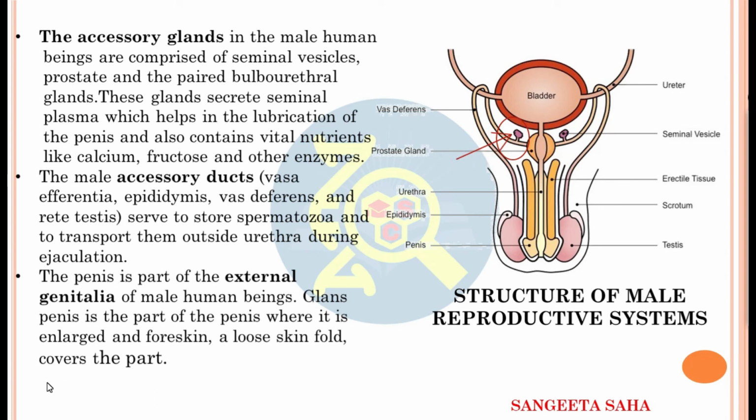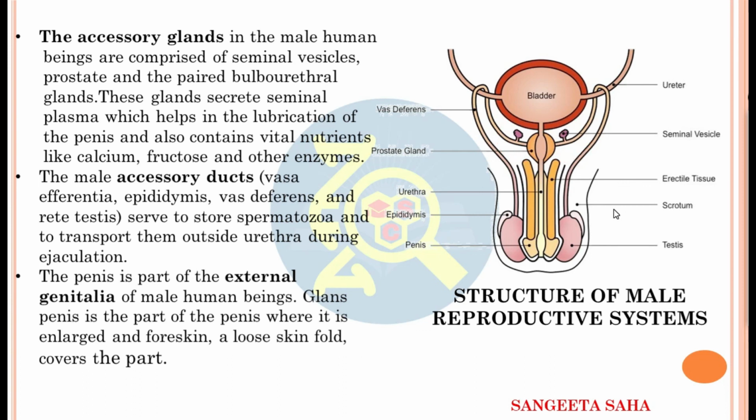Now, the next gland which we are going to talk about is the prostate gland, and I have already said that the prostate gland is present here in this part. It is donut shaped and this gland pours its secretion into the urethra, and the secretion mainly consists of bicarbonate ions, which is for the survival of sperms, lipids for the nourishment, and the citric acid. It protects the sperms from the acidic medium of the vagina.